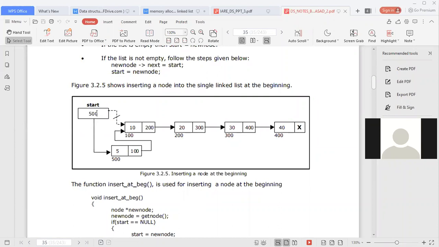Clear, sir. How to add a new node into the list: initially start equals 100, that is, the first node is at memory location 100.